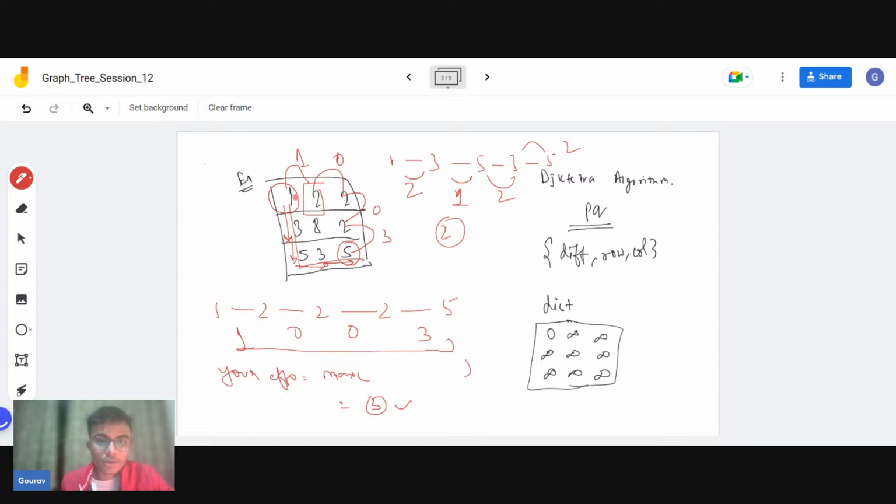So initially, following the first path, we got an effort of 3, but now we have got a better effort. That is the reason we will take this path. If you are able to find an even better effort, then that will be our answer. But in this example, this is the best possible path because you are taking an effort of 2 and it is the minimum possible answer. I hope everyone has gotten an understanding of the question.